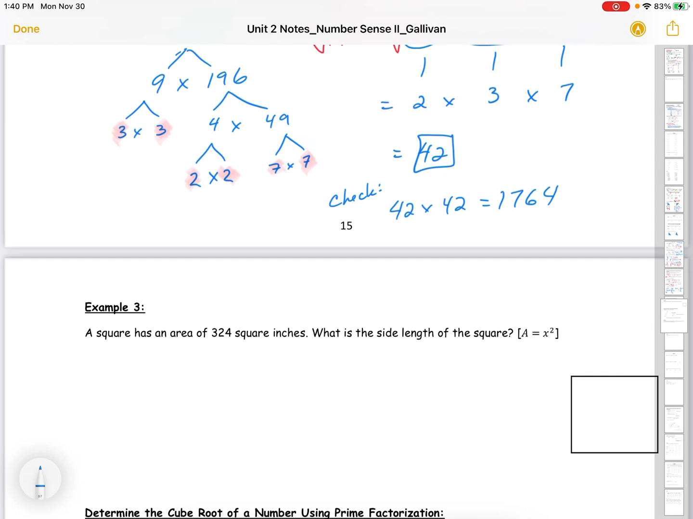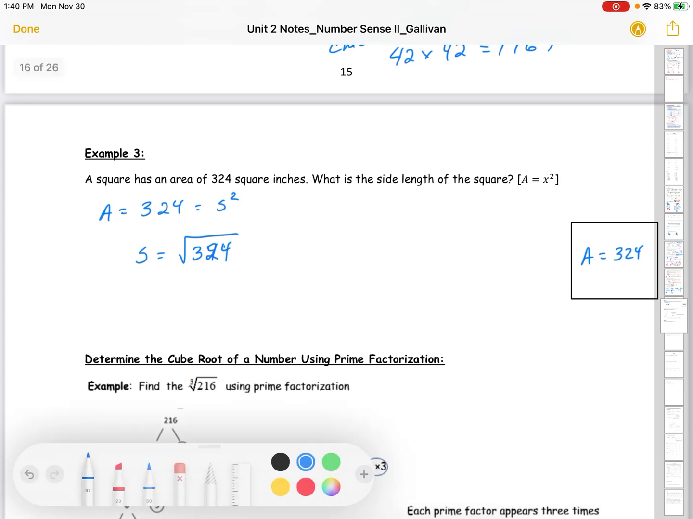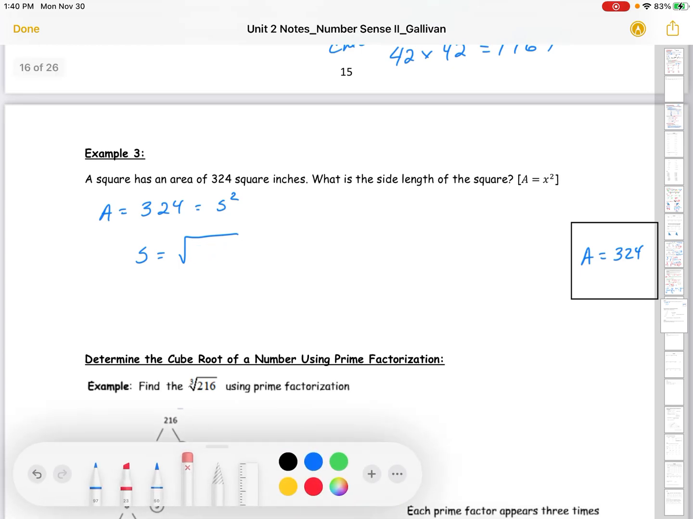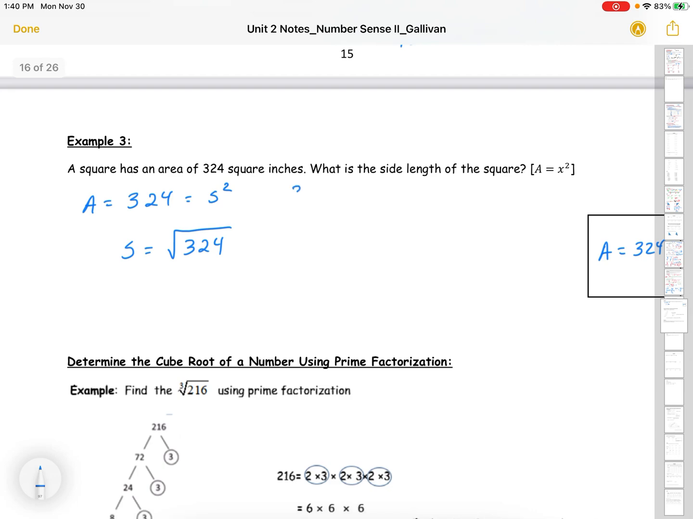I like examples. This is new stuff. So we're going to do another example. A square has an area of 324 square inches. What's the side length? So if the area is equal to 324 and it's equal to side squared, then the side will be the square root of 324. All right? So let's do our prime factorization. 324